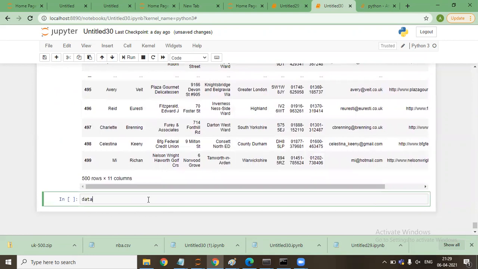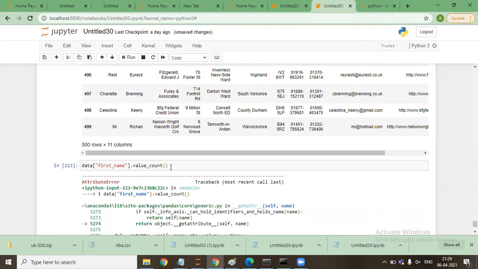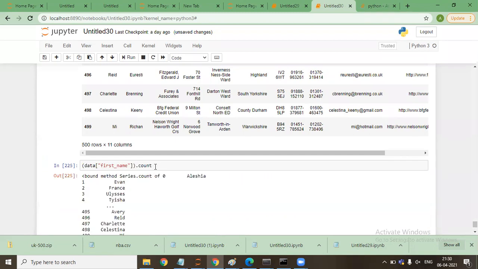I'll say data first name dot unique. There is no unique count. Just one second, there was a command.